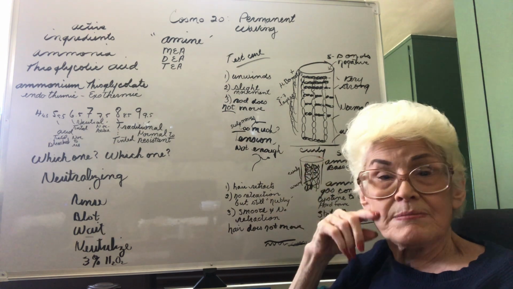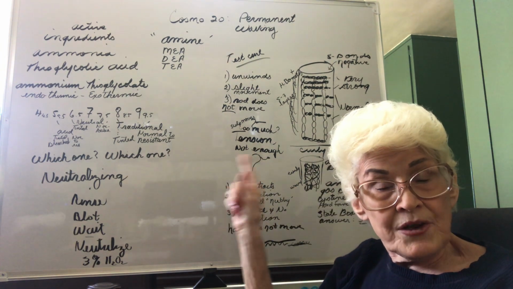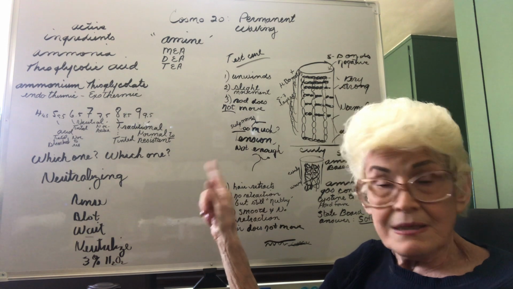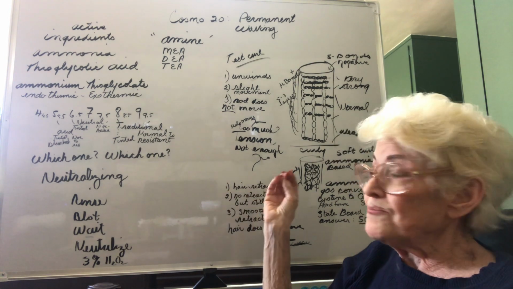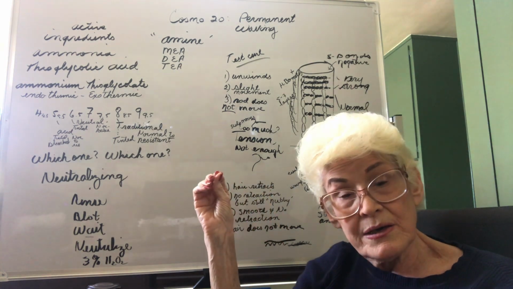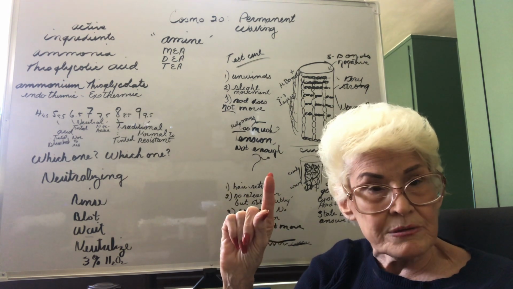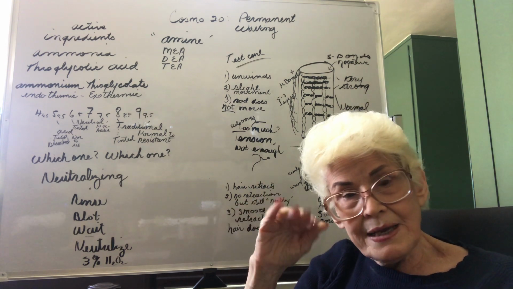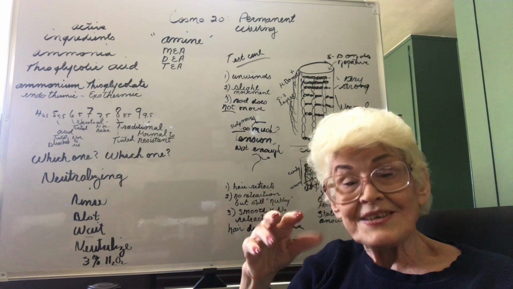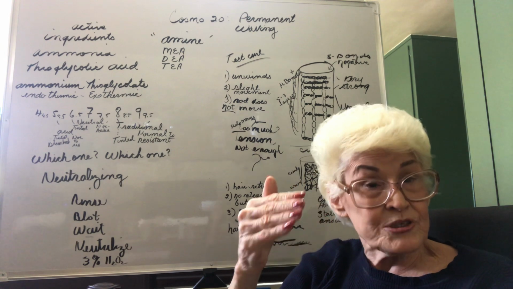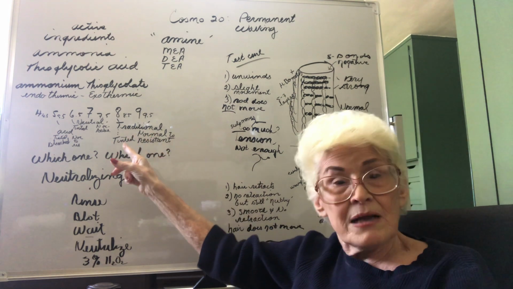If my client has medium to coarse hair, I need to stay in the traditional area. There's not going to be enough ammonia gas in there to convert all of the cystine to cysteine. But if my coarse hair is tinted, maybe highlighted and tinted, now I have a porosity issue. I also have changed my cortex, because remember, in my tint I have ammonia, and I also have oxygen, and I have those changes going on, so the hair inner structure isn't as strong. So now I can drop down to the 7.5